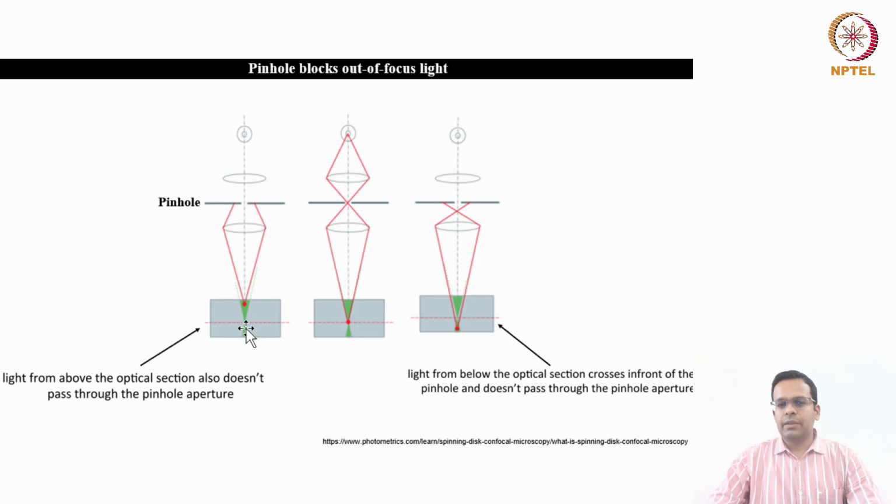So in confocal microscopy, what happens is, generally in the wide field microscope you collect all the light coming from the molecules above and below your focal plane. Whereas in the confocal microscope, you are eliminating the light coming from the fluorescent molecules which are above or below your focal plane, and you only allow the light coming from the focal plane to pass through the pinhole. So this is how the confocal microscope avoids out of focus light reaching the detector.